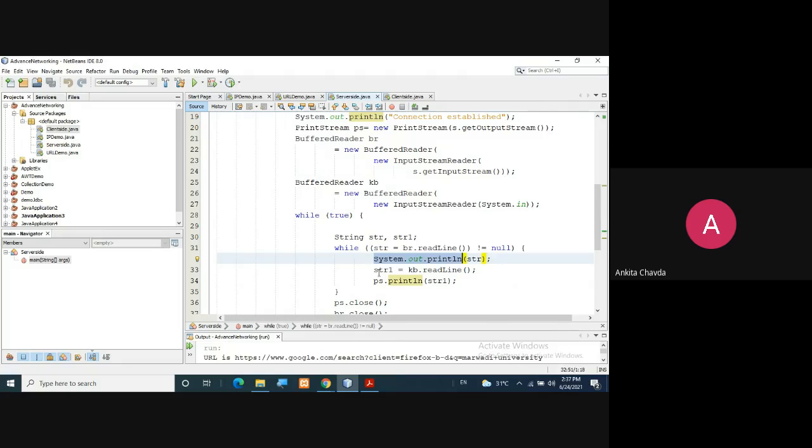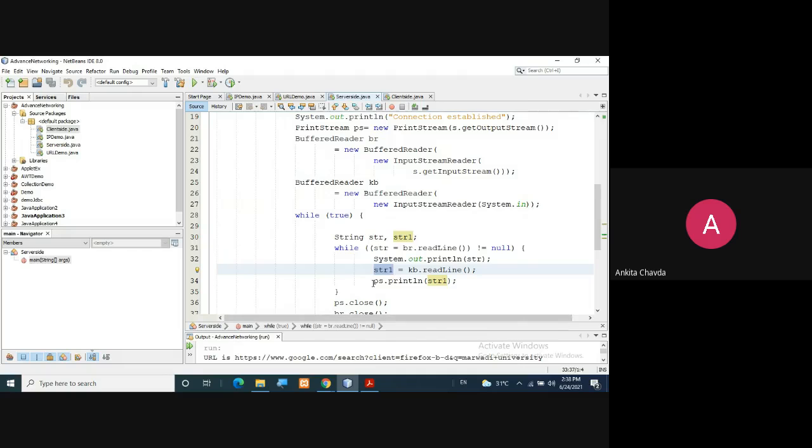In the same way you read the data, str1 equals kb.readLine, meaning the user will type anything via the keyboard, and it will be there in str1. Finally I am writing that, because the user has written, suppose, hello, so that hello should be sent to the client also.